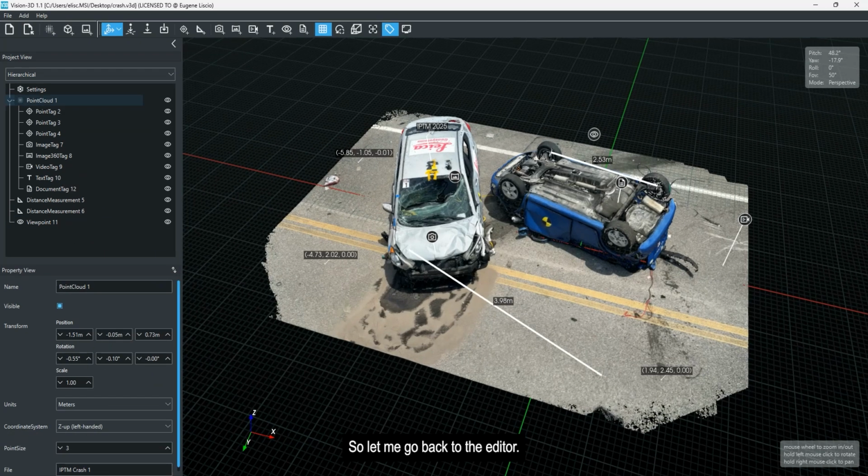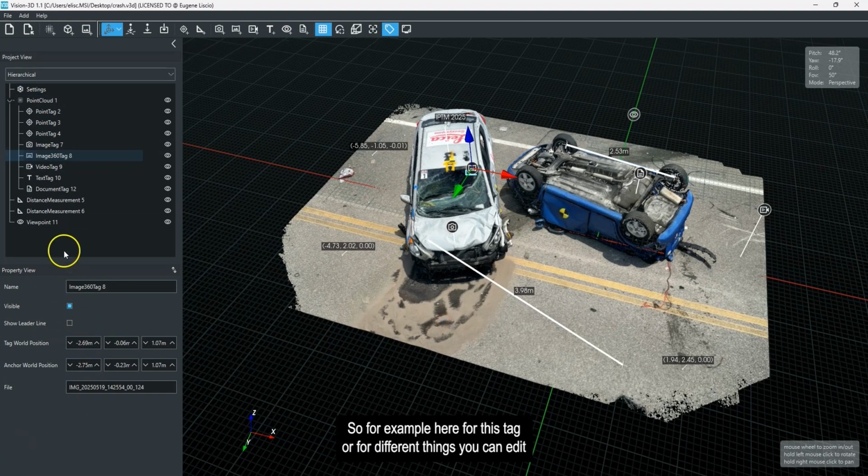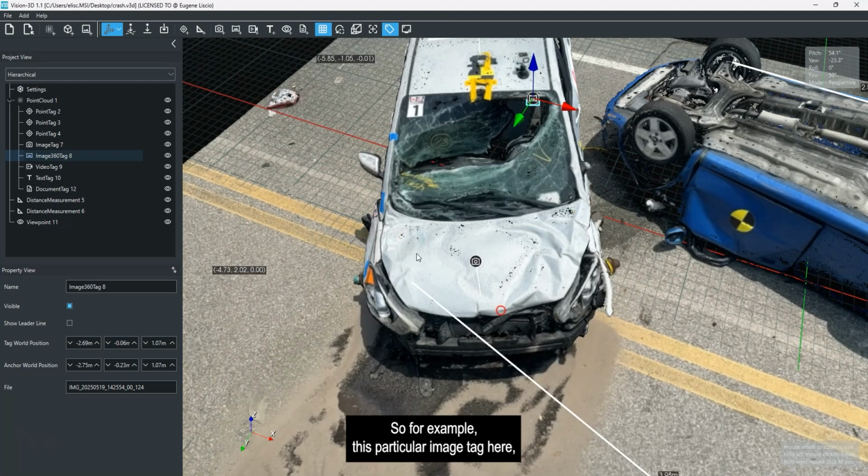So let me go back to the editor. So this is the editor. When you click on something, always look in the editor here. There's things you can do. So for example, here for this tag or for different things, you can edit certain things and you can move other things around. So for example, this particular image tag here,